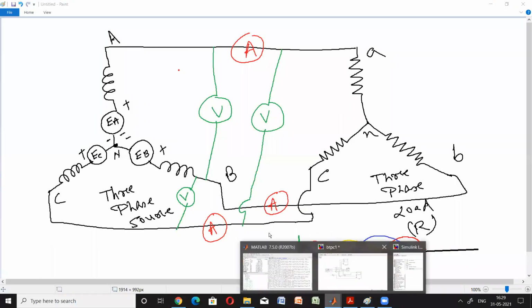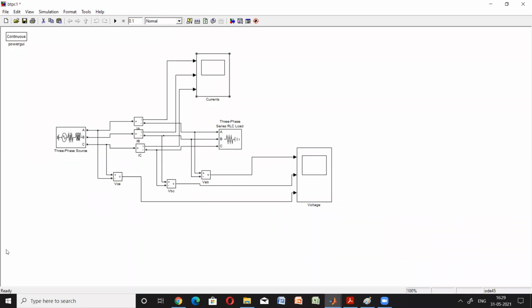So to overcome this problem, we can do one thing. Normally when we are working with a three-phase circuit, we don't take this type of voltmeter or this type of ammeter. This type of voltmeters and ammeters can be used for single phase circuits only, or for any complex circuit whenever we want to know the voltage or current of any particular parameter. Then only we use this type of ammeter and voltmeter, isn't it?